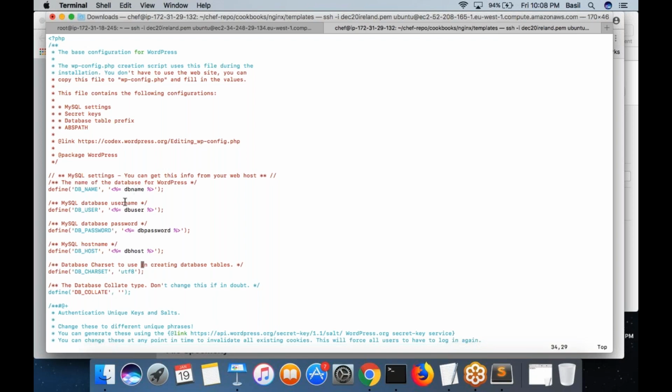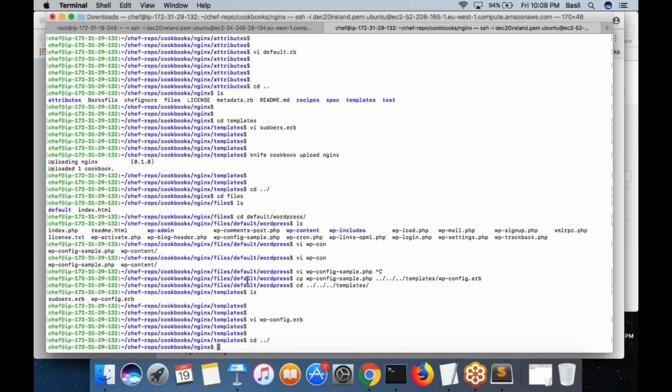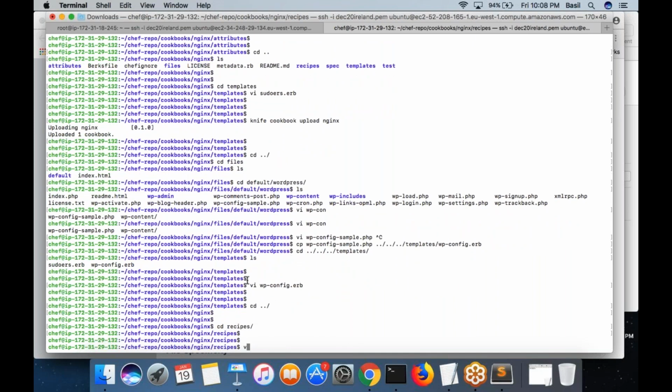Like this you can put different variables, and these are the variables which you want to pass using your resource. So go ahead and write your resource inside your recipe.